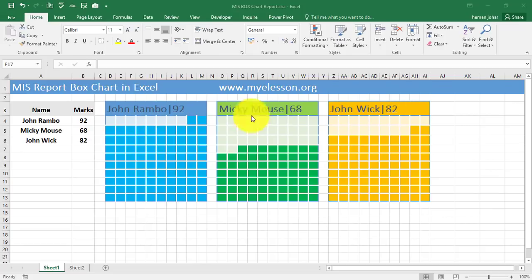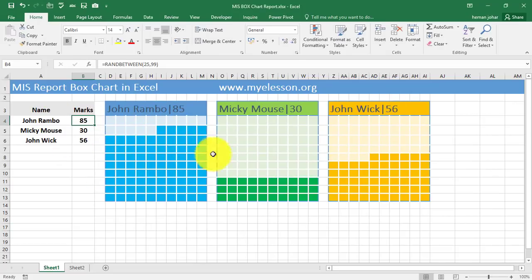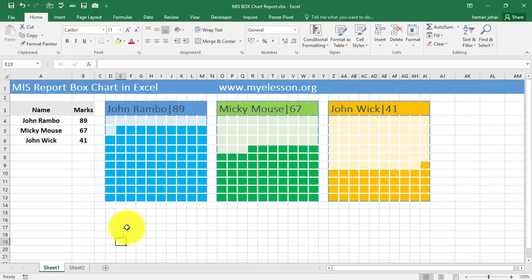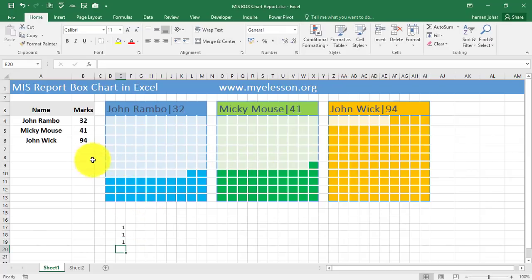See, their results are showing here also. If I change this, then see these boxes have changed again. I've used the RANDBETWEEN formula to change these numbers automatically. Hence, you are seeing these changed numbers now. So this is how it changes, and it's a very nice report. It can be used to showcase sales results, the quarter's performance, somebody's marks, somebody's performance, area or plant performance. So we can create this very easily, and I'll show you how.